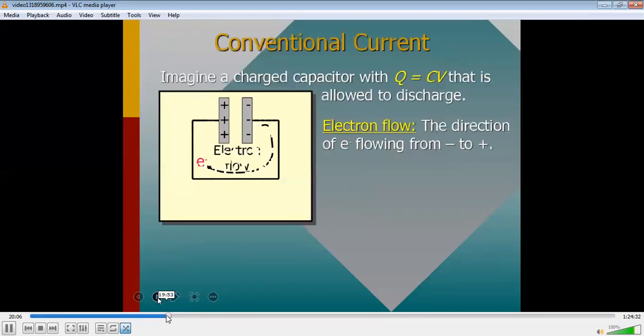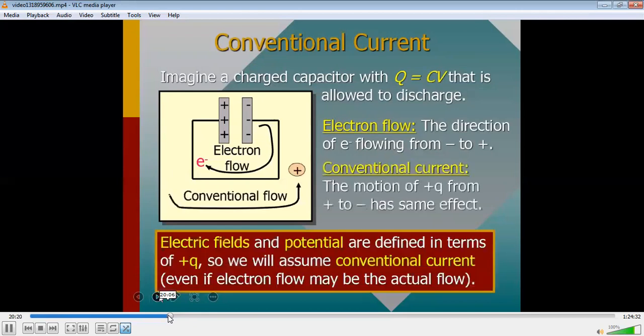So imagine a charged capacitor with charge Q that is allowed to discharge. So what will be the direction of electron flow? Electron flow will be from the negative terminal to the positive terminal. But in the conventional method, the motion of charge from the positive terminal to the negative terminal has the same effect. So the electric field